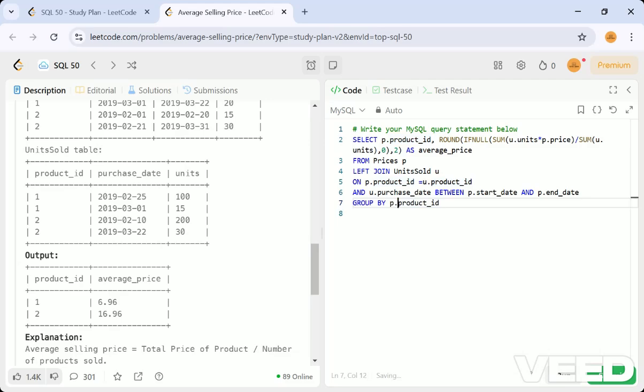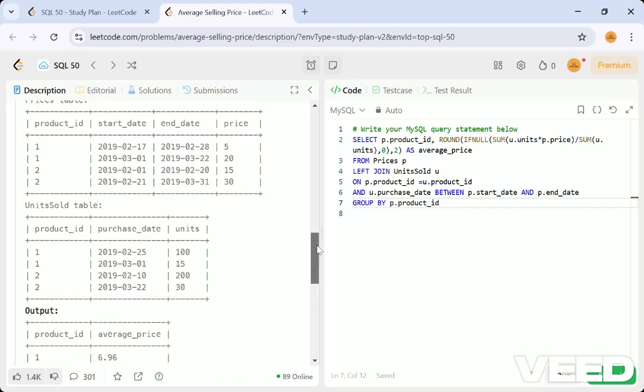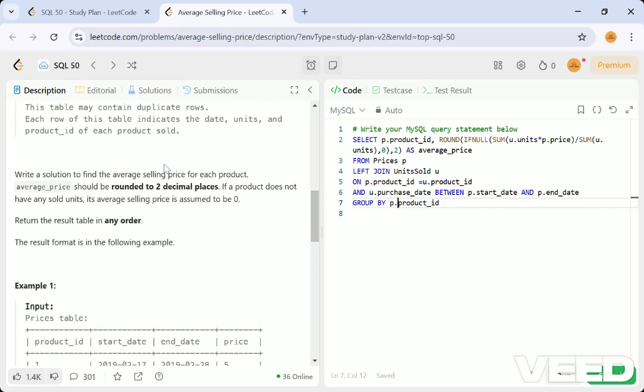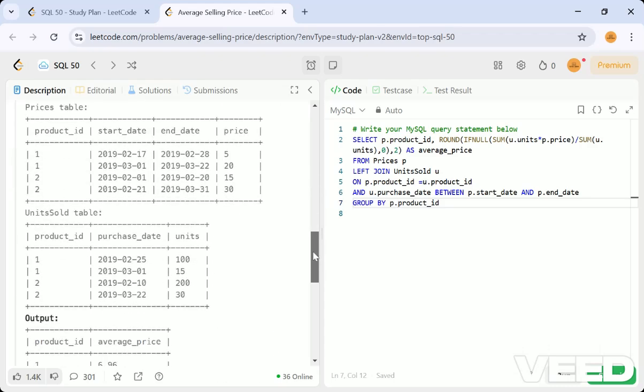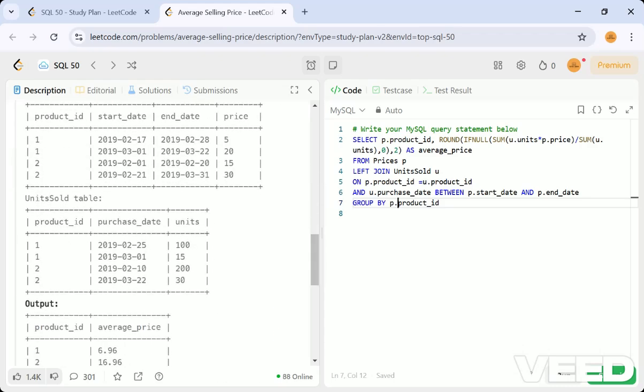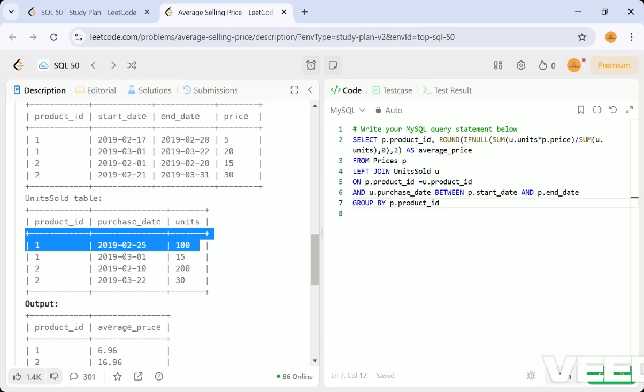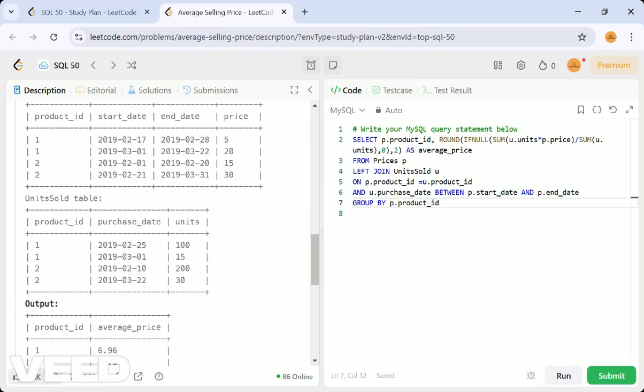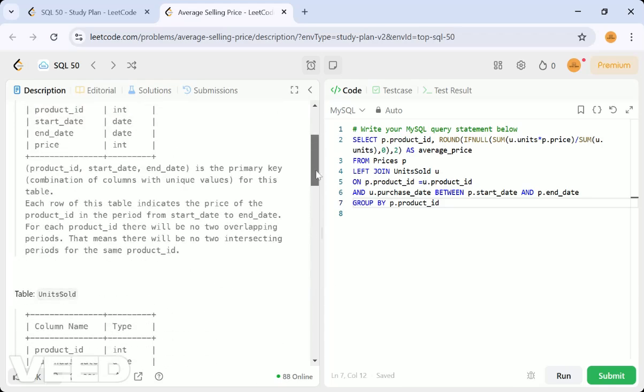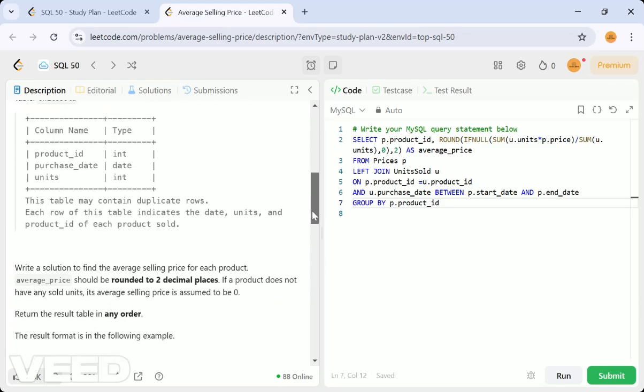So this is fine, right? You understood: select product ID and average price as the alias name, and we have to check the purchase for each product, what will be the selling price. Maybe here they are not selling only single product units, so each price will be multiplied by the number of units to know the selling price. So units sold times price is the selling price. They are asking about the average of the selling price, so how do we get the average? By dividing by the number of units, right?